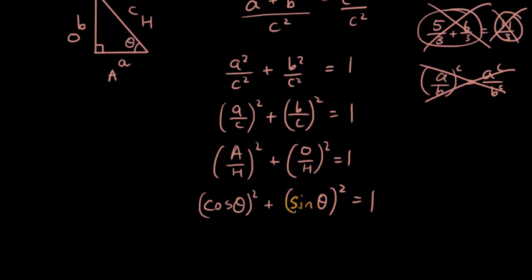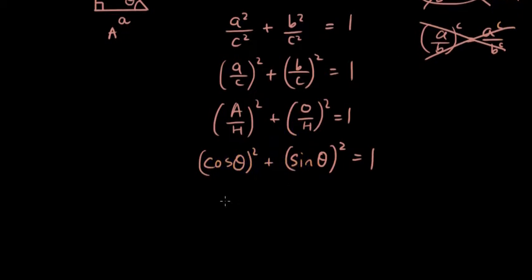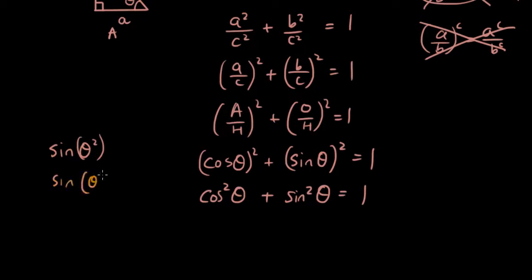Now, cos theta squared is rewritten as cos square theta, and sine theta squared is rewritten as sine square theta equals 1. This is just a convention that people use so that people don't get confused between sine theta squared and sine theta, squared. Right, it's just easier. So these two are different. This way, if you write the squared here, people know that you are squaring the whole cos theta instead of just the theta itself. Okay, so that is the proof of the first